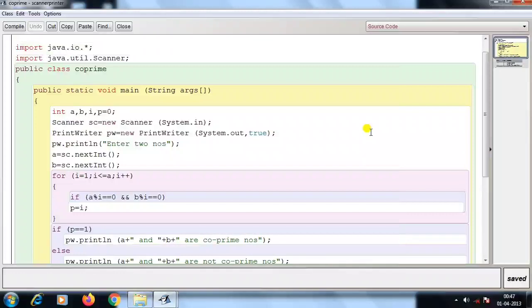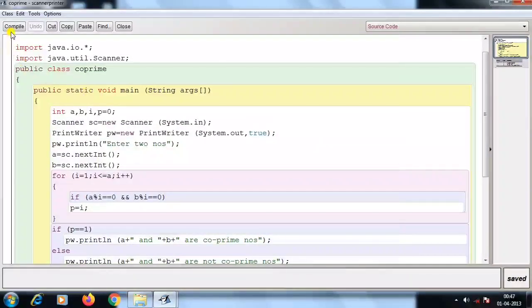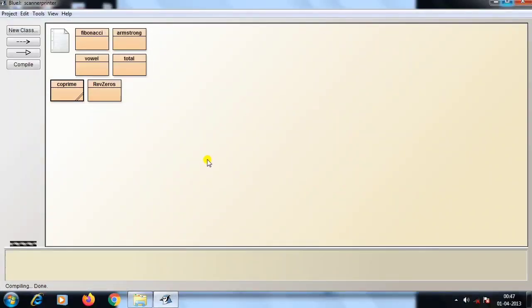Okay, this program, now we will compile it. When we are compiling, it is showing class compiled, no syntax error, means our program is totally error free. Okay, let's execute and see whether output is coming or not.